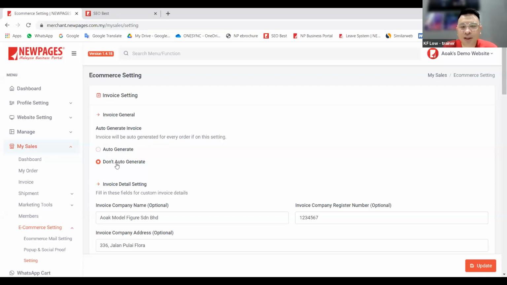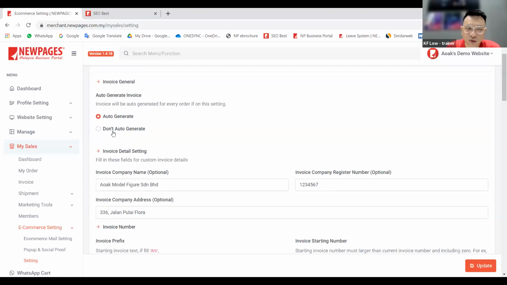In some cases, we do have clients who have their own invoice with their own company header. They want to use their own company invoices. Then I leave it to you; if you want to do that, no problem. But if you want to save time, you can always click on auto-generate. Once you want to use our invoice,